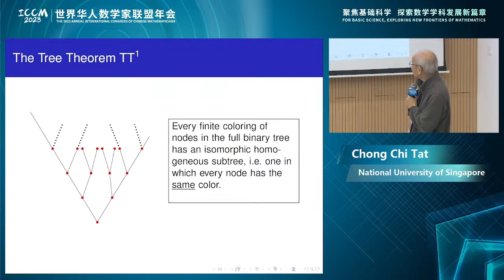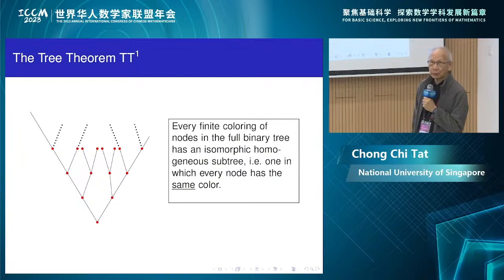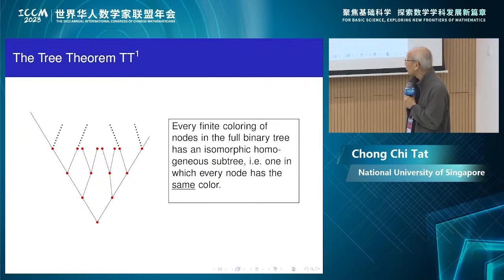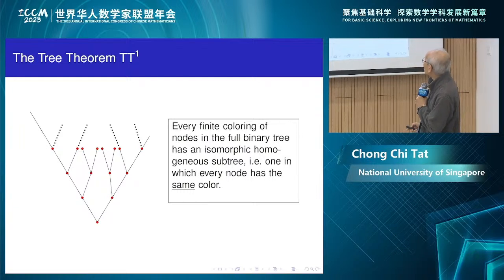Then the conclusion is that there is an infinite binary subtree, all of whose nodes have the same color. So we'll look at these two theorems and